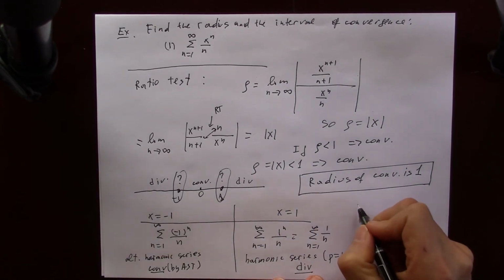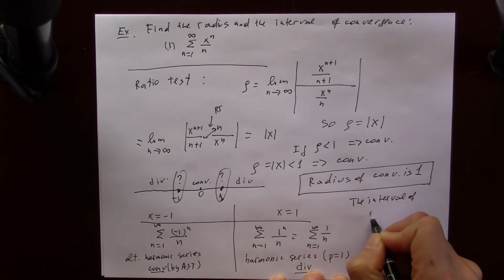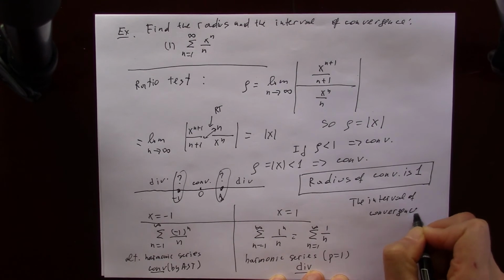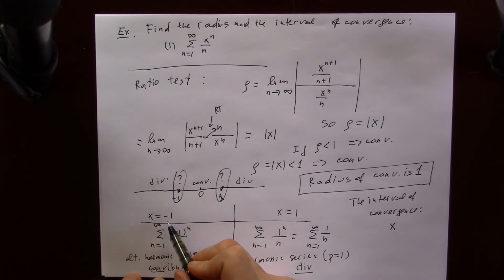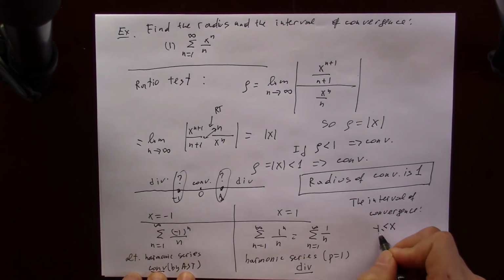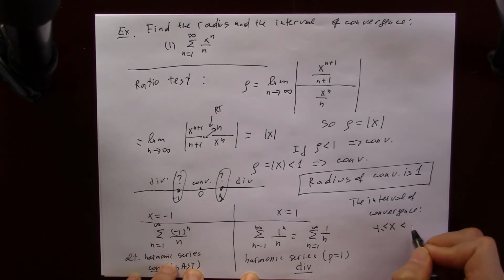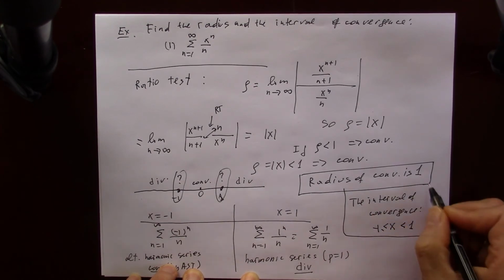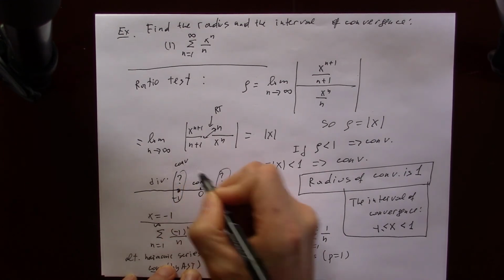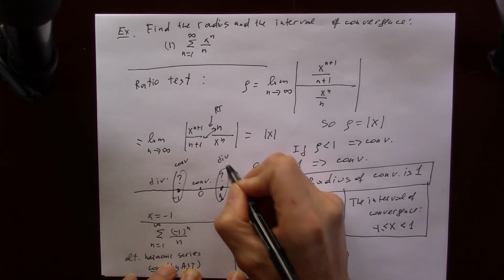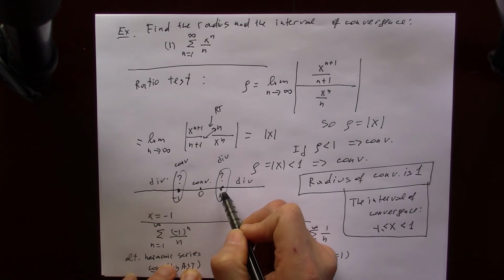So the interval of convergence is going to be: at x equals -1 it is convergent, so we want to include -1, but we don't want to include x equals 1, so we put strictly less than 1, because at x equals -1 it's convergent, and at x equals 1 it's divergent. So for the interval of convergence, we want to include -1 and all the points between, but exclude